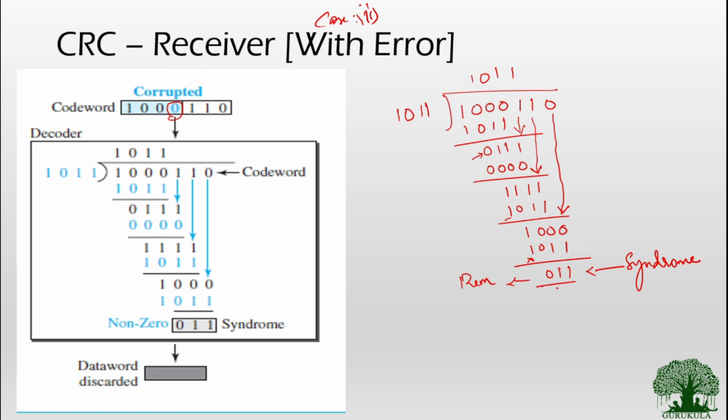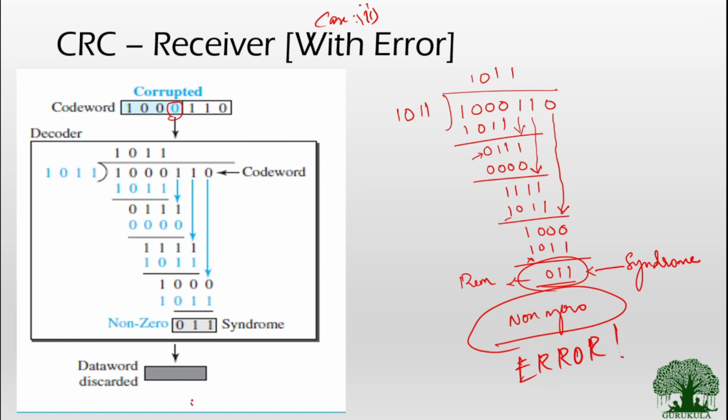As you can clearly see, the syndrome is a non-zero value over here now. Which means any non-zero value in the syndrome represents that there is an error in the received data, and this particular code word will be discarded from being processed further. So that is how the CRC detects errors in the received data stream. For the sake of example, we have taken only a 4-bit data word, and we just understood how exactly the CRC works. But in real-time